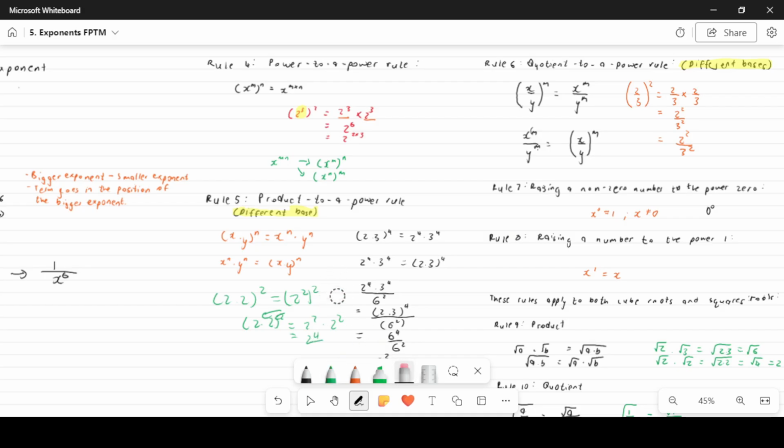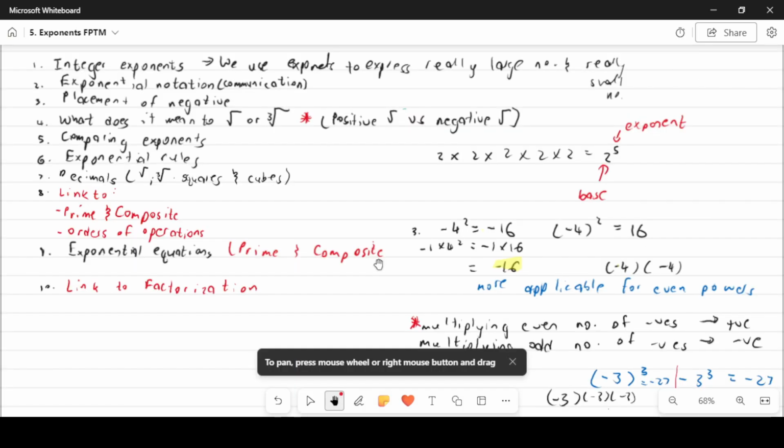That's why I'm saying just look at it in terms of it having different bases, because then it's more useful. Because if it was the same, we could have used rule 1, the product rule. That's why I explicitly stated that the bases must be different. But they do apply if the bases are the same. But it must be different because it's more useful. Okay, so that's about it for the exponential rules. Okay, so now